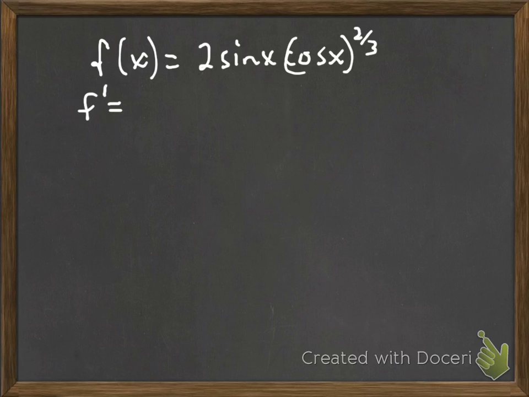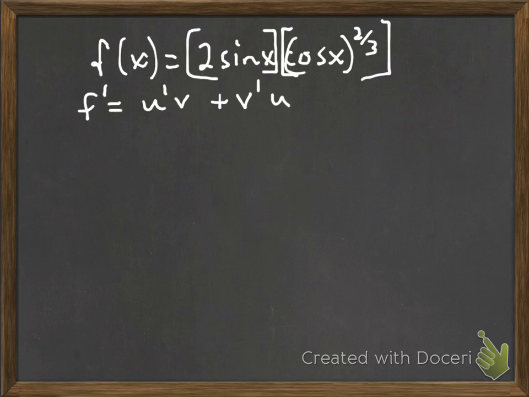So I'm going to take the derivative of the first times the second plus the derivative of the second times the first. I'm calling this my u, and this is my v. So I have the derivative of the first, which is 2 cosine x, times the second as is, cosine of x to the 2/3,